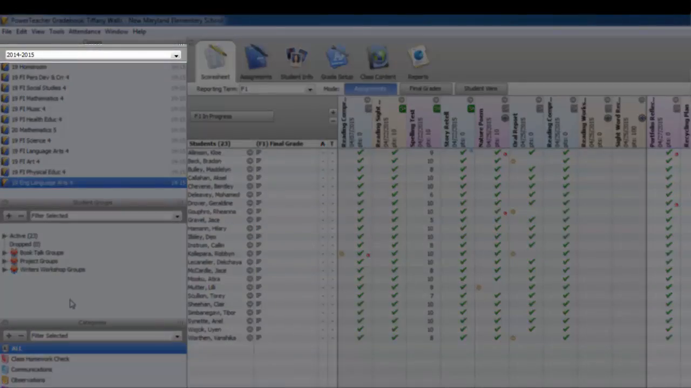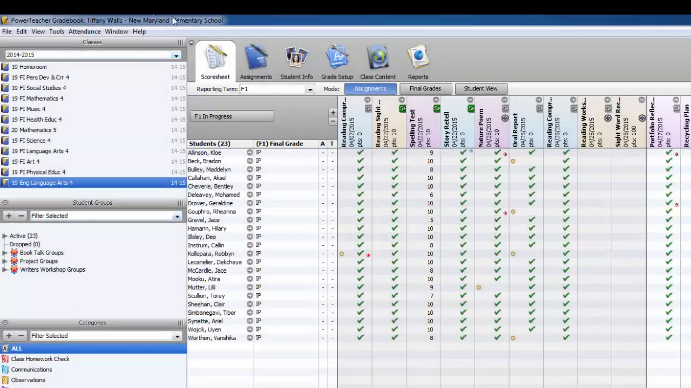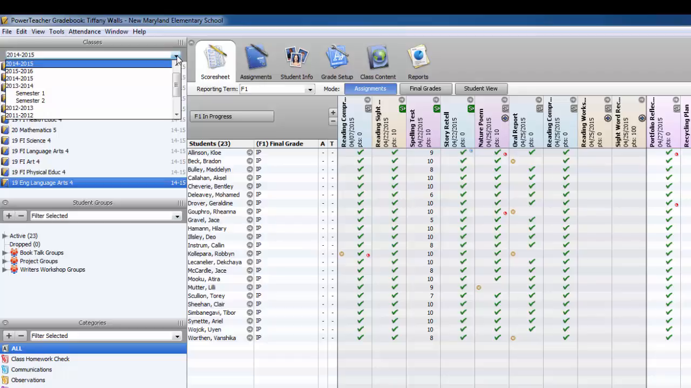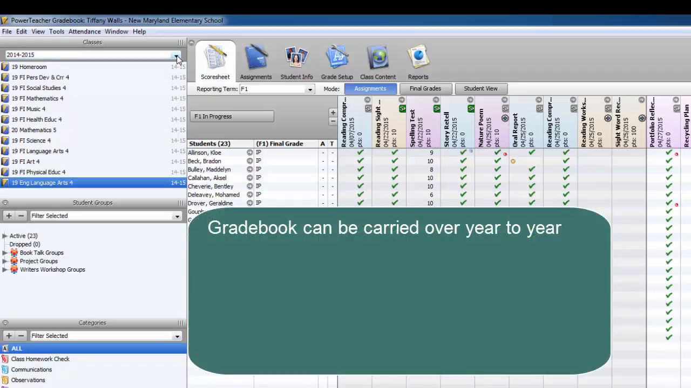Gradebook defaults to the current year as indicated above. Clicking on the drop-down arrow will allow you to access your gradebook from previous years. It should be noted that as long as you maintain the same gradebook, everything will carry with you from year